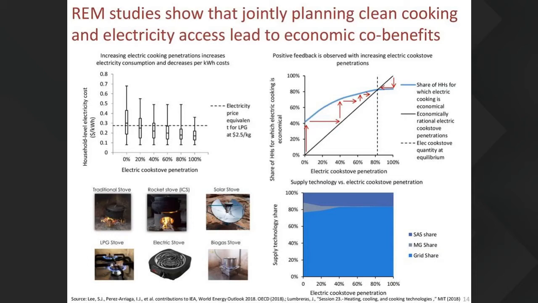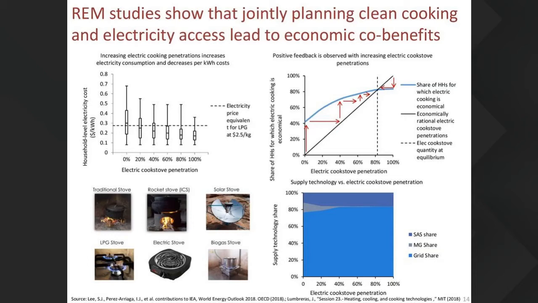And the idea here is that we want to co-optimize for both universal energy access and clean cooking proliferation. And we're going to consider worlds in which we consider everyone to have clean cooking solutions, and they're either constrained between LPG stoves and electric stoves. And the idea is, on this top left plot, you can kind of see as electric cook stove penetration increases